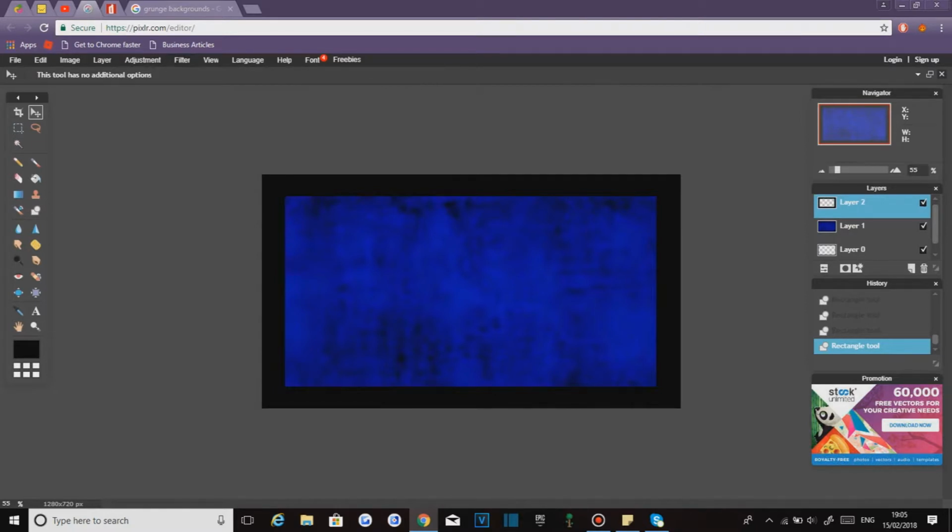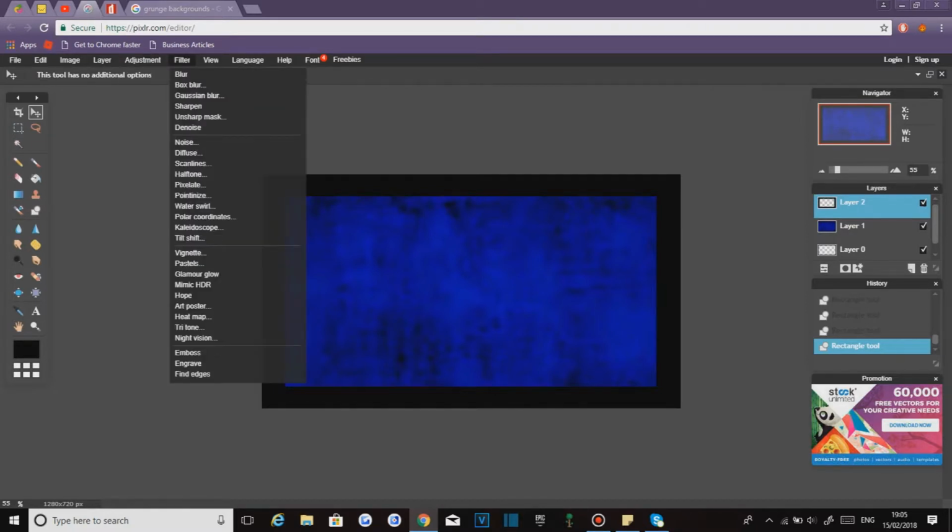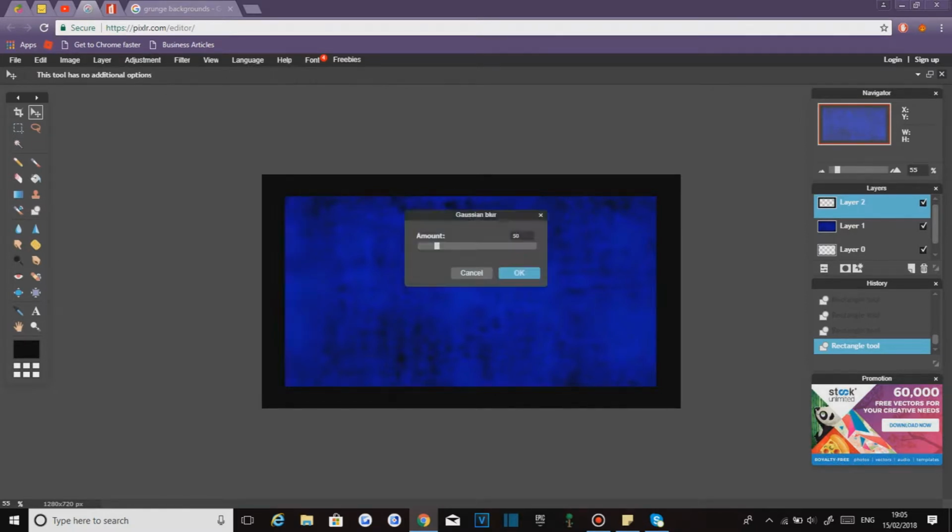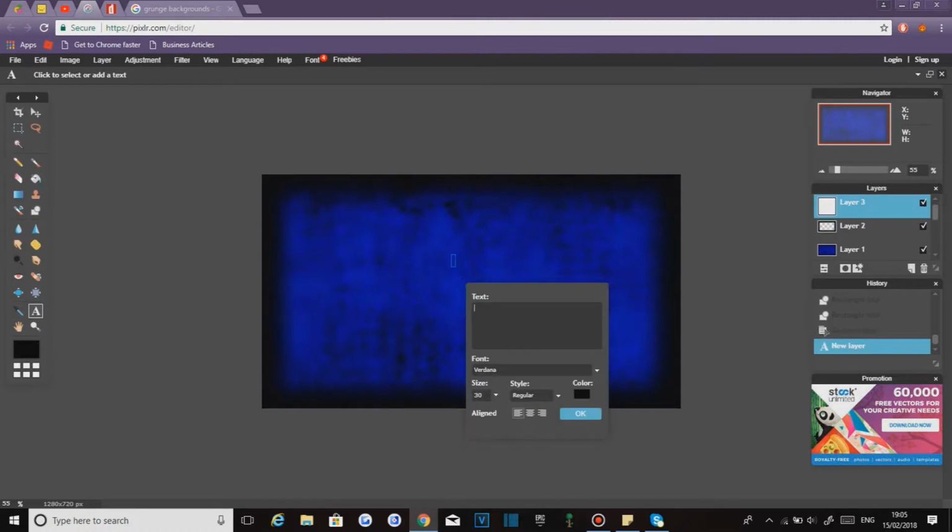Now go on to filter and click Gaussian blur and just make it max. Now this is so much better. Now you go on to the type tool, and type in whatever you want. Like I'm going to type in how to make,